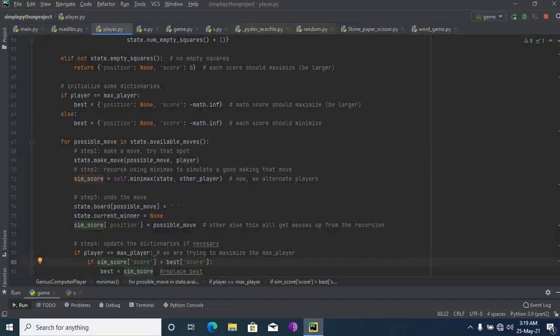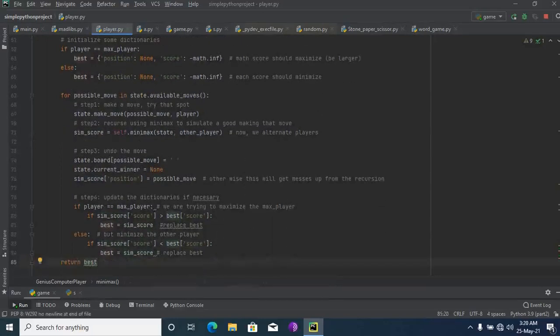Then step 4, update the dictionaries if necessary. If player equals maximum player, then we are trying to maximize the player: if sim_score is greater than best score, then best equals sim_score.